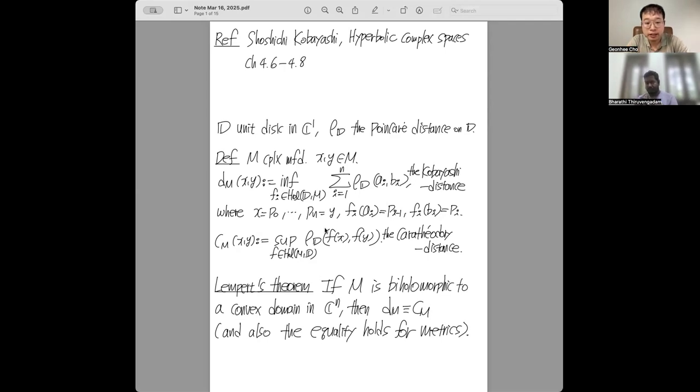So there are currently at least two counterexamples. One is the symmetrized bidisk. The symmetrized bidisk can never be exhausted by any convex subdomains. However, the two invariant metrics are the same; the Carathéodory and Kobayashi metrics are the same. The tetrablock is also another such example. They are not convex domains, but I think they are C-linearly convex domains. But the Kobayashi and Carathéodory metrics are the same in those cases. So that was a very important question about two decades ago: people wanted to know if such a domain is biholomorphic to a convex domain. It turns out there are counterexamples.